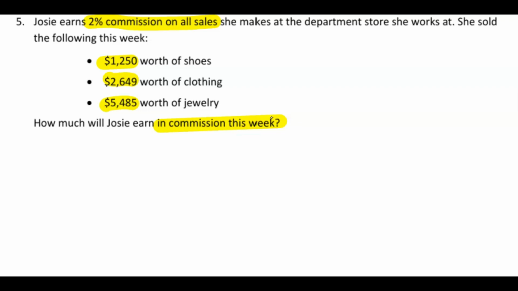So we add 1,250 plus 2,649 plus 5,495. I believe we get a total of 9,384. Let's go ahead and double check that. Okay, so it's legit. Josie's total sales for the week are $9,384. Now, since she's going to get 2% commission out of that, we want to figure out what's 2% of